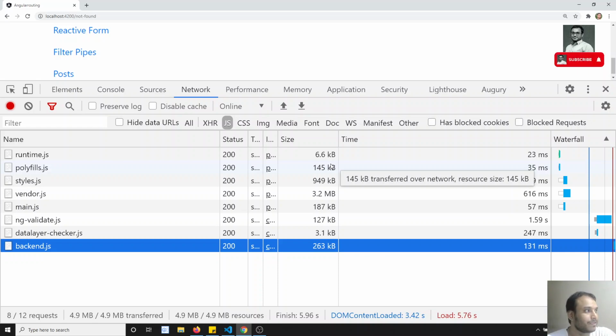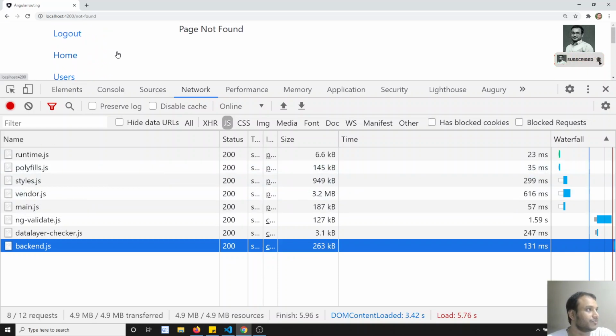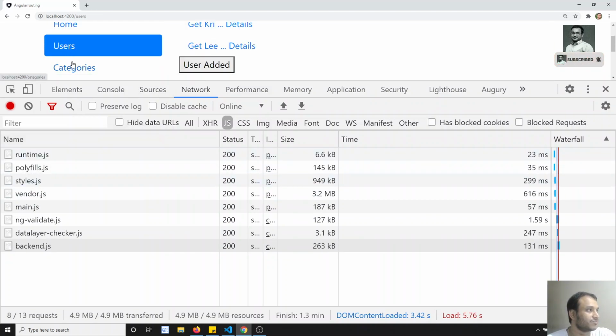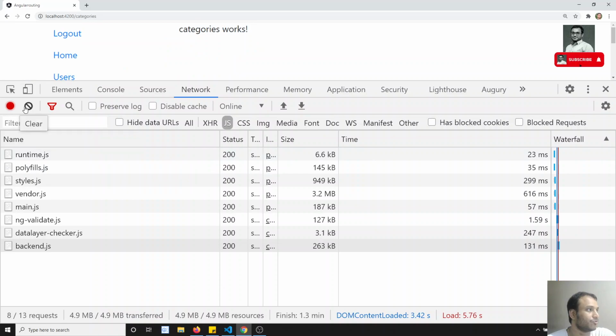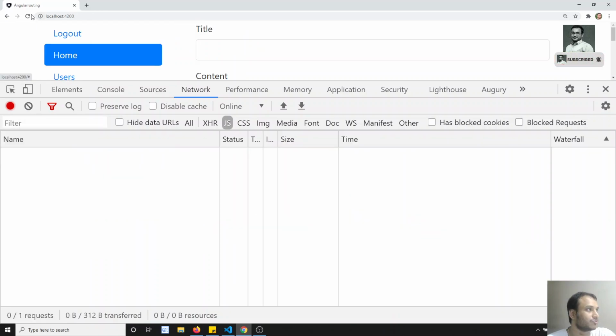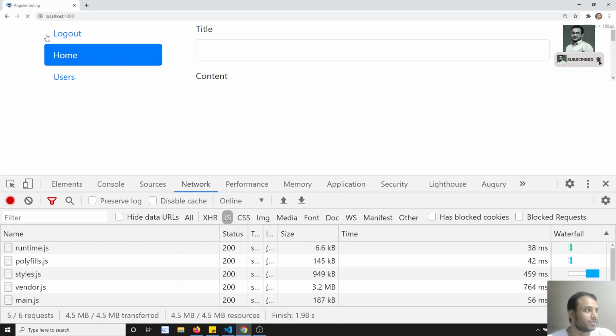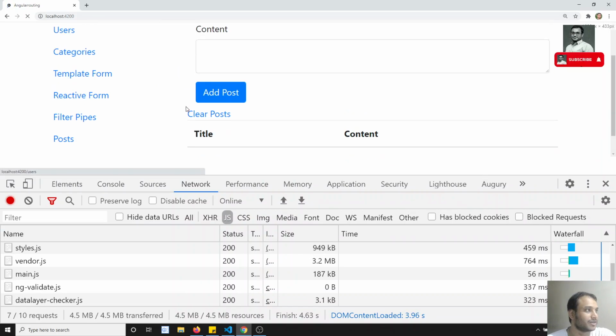Now here, for example, if you go to the home page, there are no JS files loading now. Only at the time of loading are the pages loaded. For example, if I click on here, at the time of loading only, every file is getting loaded. All the JS is getting loaded, so that means everything we are able to see here.